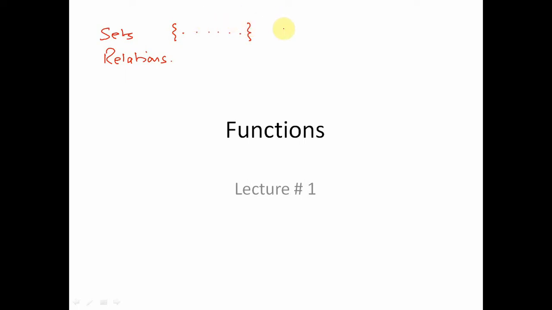Then there was one special operation that can be defined on sets, that was the Cartesian product. Say for example we have a set A and a set B. We can define the Cartesian product on the sets A and B to be the set of ordered pairs (a, b), such that the element a belongs to the set A and the element b belongs to the set B, right? So this is what we have defined as a Cartesian product. Now based on that, we defined the relation R as a subset of the Cartesian product, and we say that the two elements a and b are linked to each other in some manner, right?